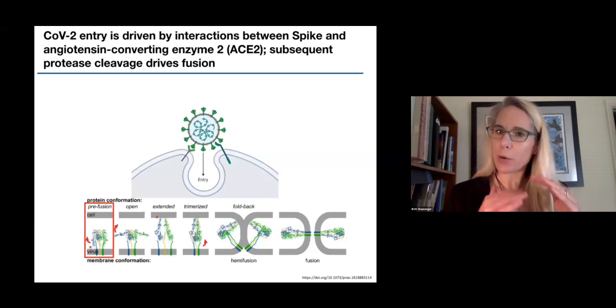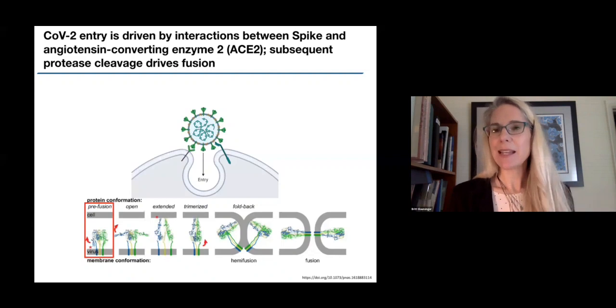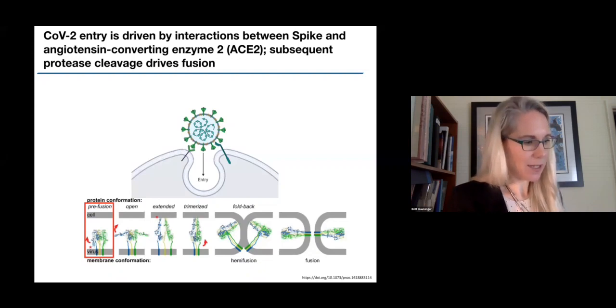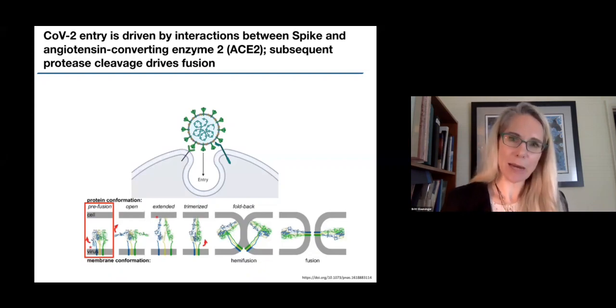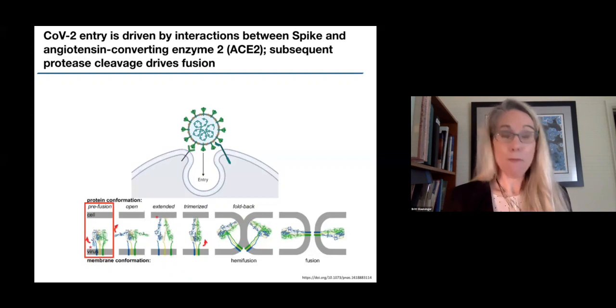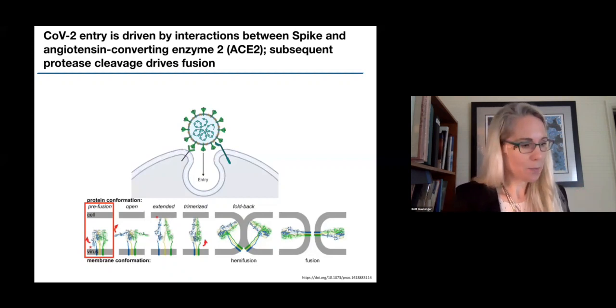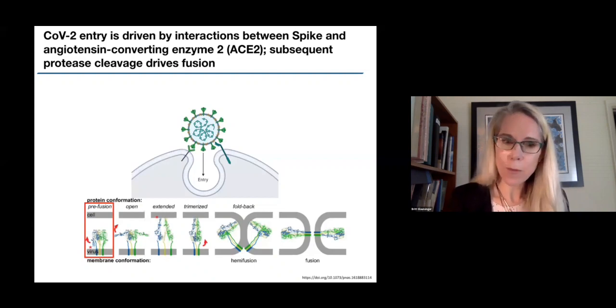And that protease cleavage event, which removes that clamp, then allows a cascade of conformational changes to occur for this protein. So that protease cleavage causes the receptor binding subunit to basically move out of the way, unclamping the fusion subunit, which can then form a